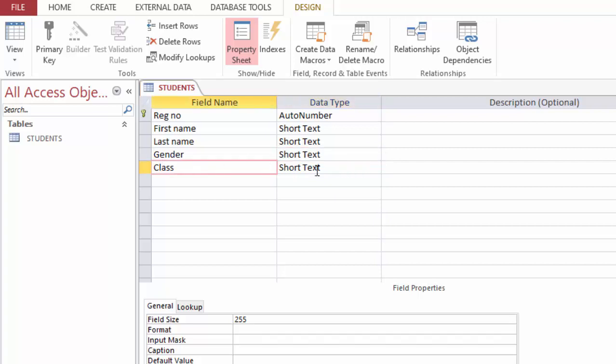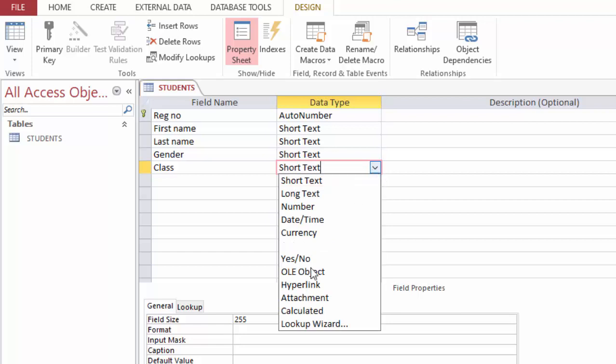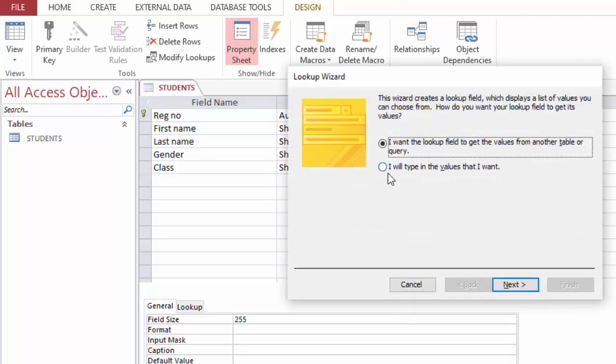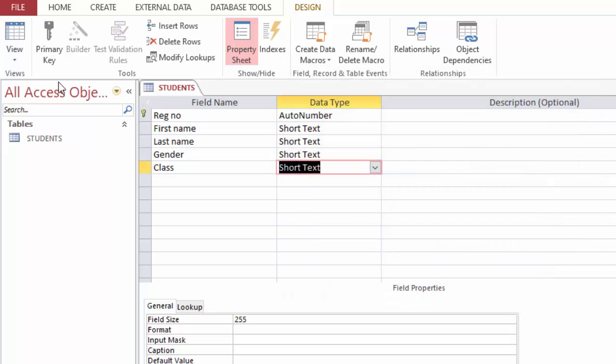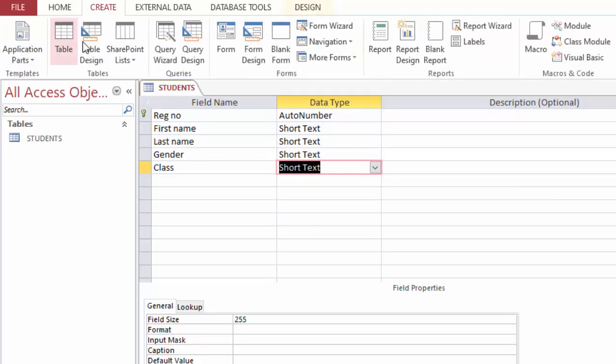For class, I said earlier that this system will be used for lower primary from grade 1 to 4. So I will click here, and this time I want to get values from another table. I want to get a value from another table, which is also important. So I will just cancel here, and I will go ahead here and choose